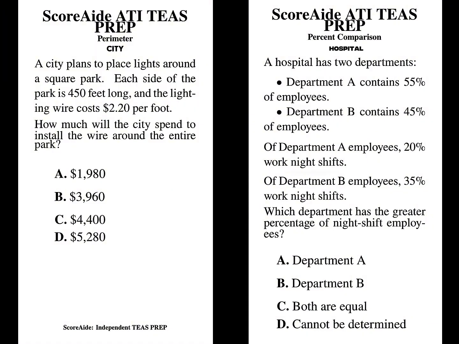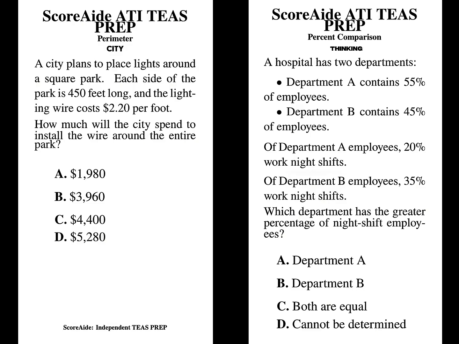A hospital has two departments. Department A contains 55% of employees. Department B contains 45% of employees. Of Department A employees, 20% work night shifts. Of Department B employees, 35% work night shift. Which department has the greater percentage of night shift employees? So what would the answer be? I know that